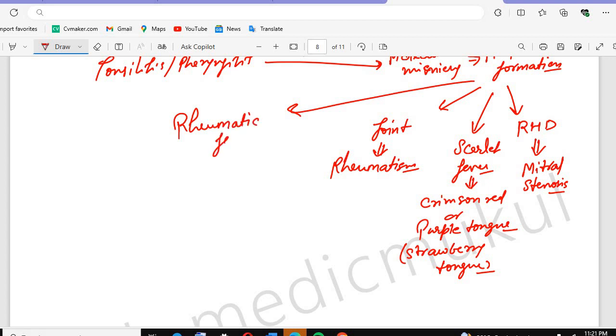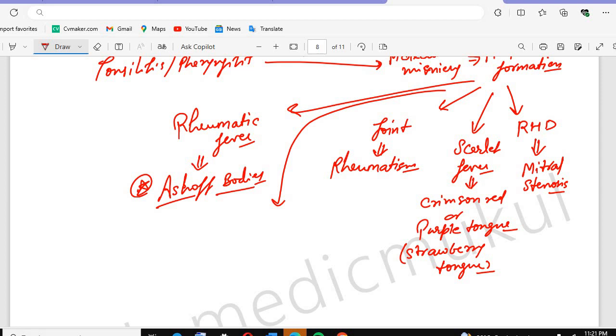For rheumatic fever, I have shared a video on rheumatic fever, and we have the criteria to diagnose it, that is the Jones criteria, and we will see there are the ASO bodies. Remember that in rheumatic fever we see these bodies. If this immune complex is deposited in the kidney, following the streptococcus infection, it will cause the post streptococcal